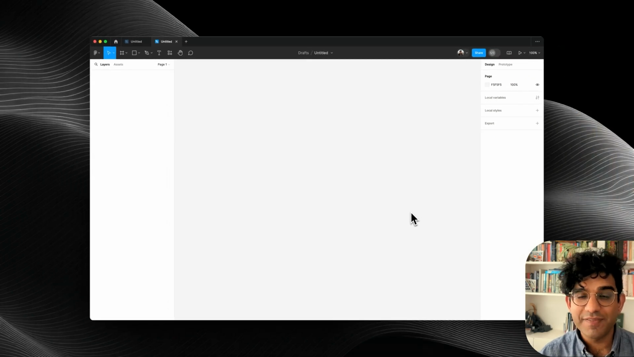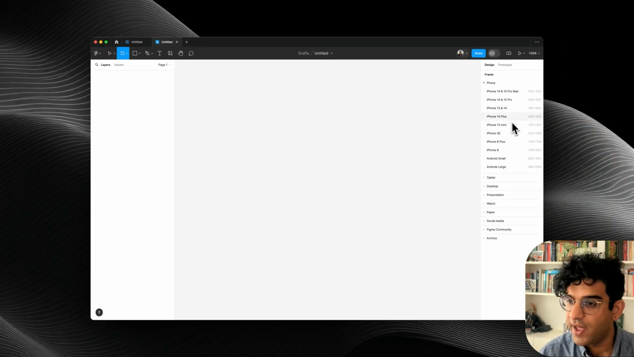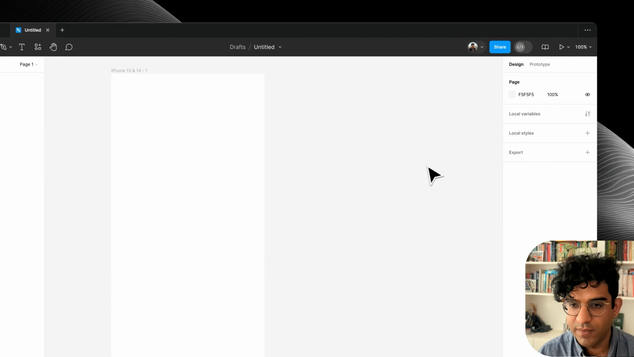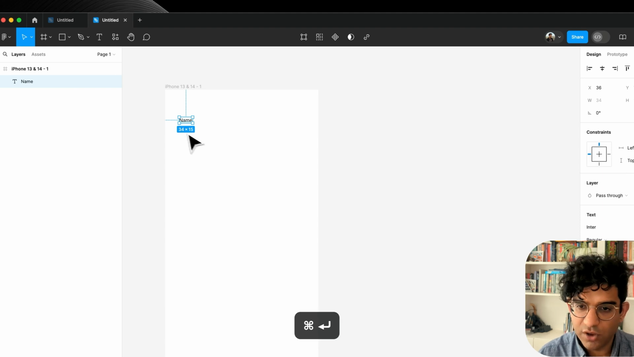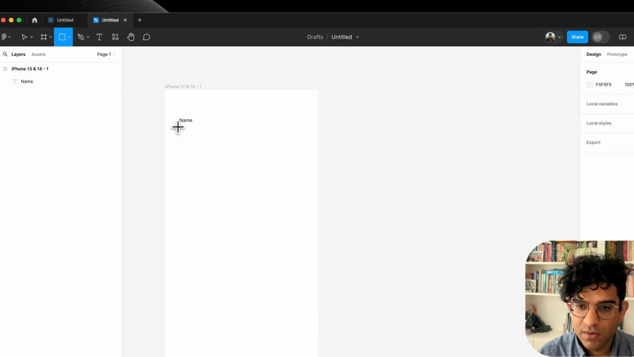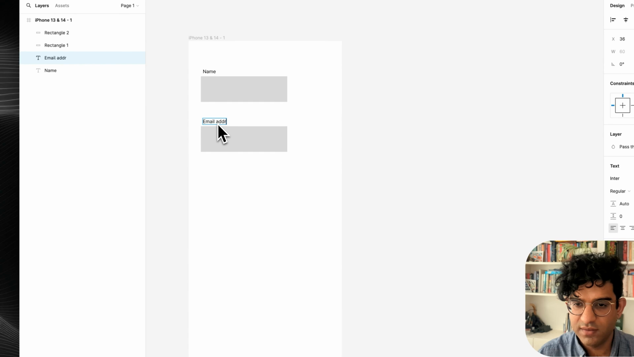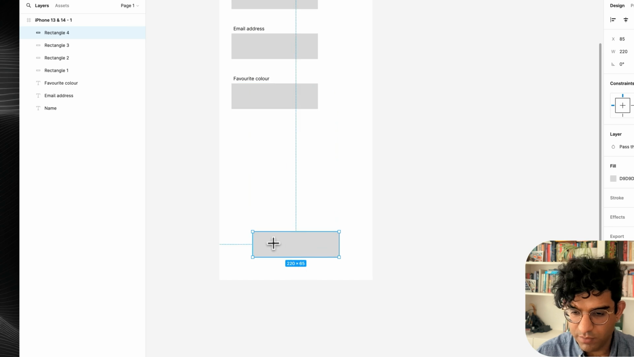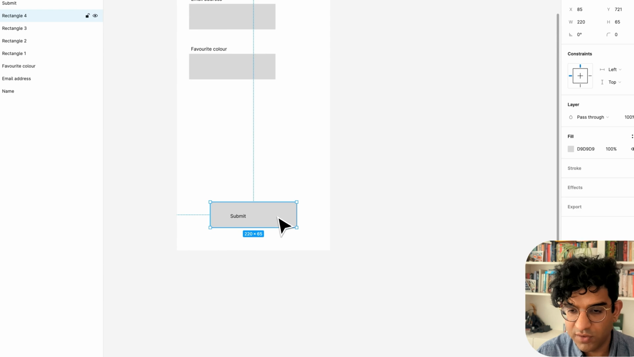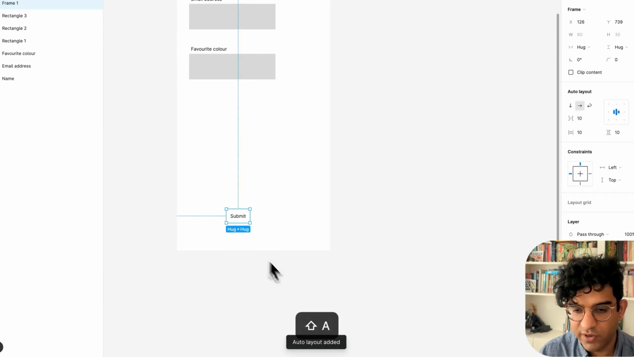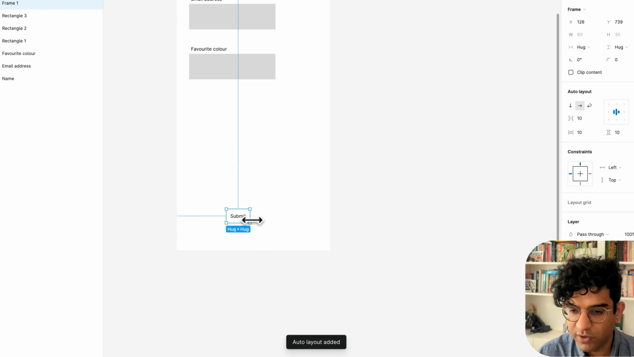So we've got our blank Figma file here. I'm just going to hit F and drop on an iPhone 14 frame, and then start making some fields. So we want to do a name, maybe an email address, maybe favorite color, and then maybe a big button at the bottom which says submit. And actually what I'll do is, instead of using rectangles here, I'm going to put that in an auto layout frame. So Shift A makes an auto layout frame,